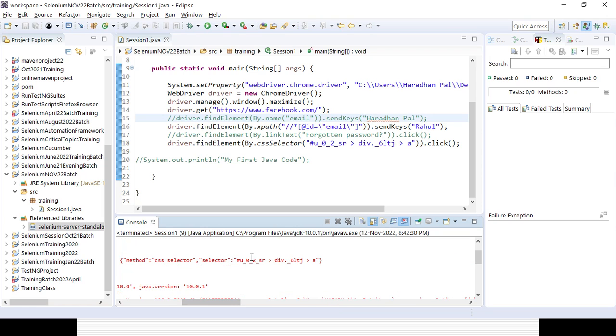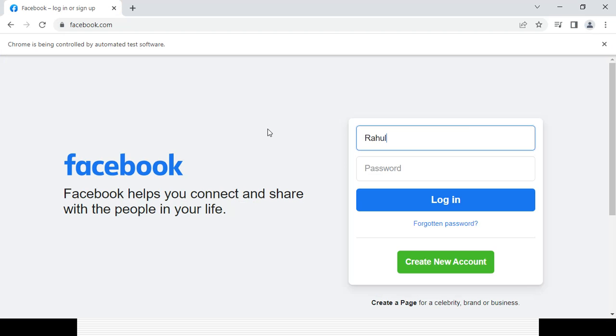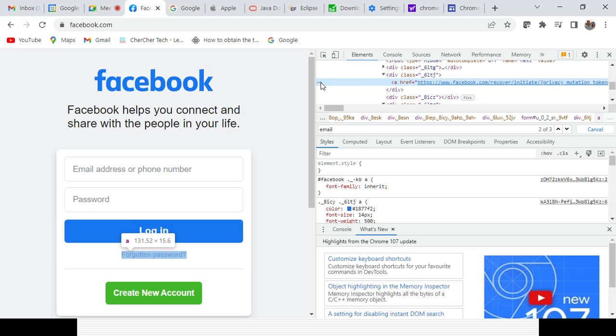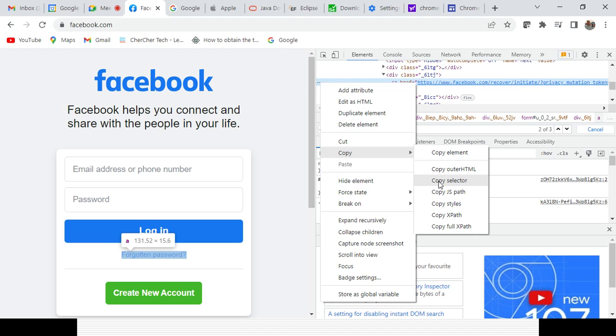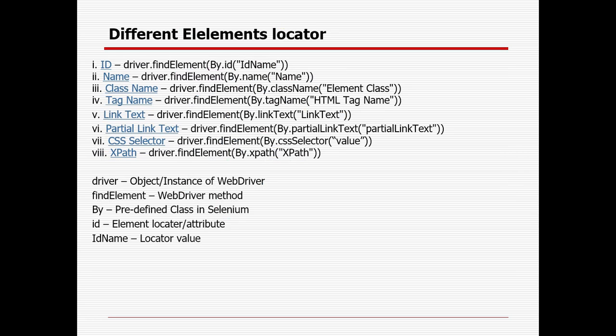Let's try XPath here and take the default XPath, in case it is working. So default CSS is not working. Tomorrow we will create our customized XPath or CSS. In case the default is not working, otherwise you need to create it. Tomorrow we will show how to create the customized one, and let's see whether it's working or not. I don't think it will work again, so it is better to go with the customized one. Tomorrow we'll show how to create our own XPath. Okay, so these are the different element locator techniques through which we can inspect the element.